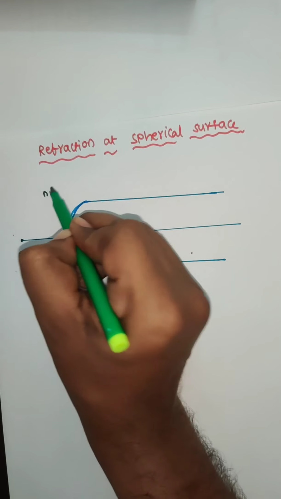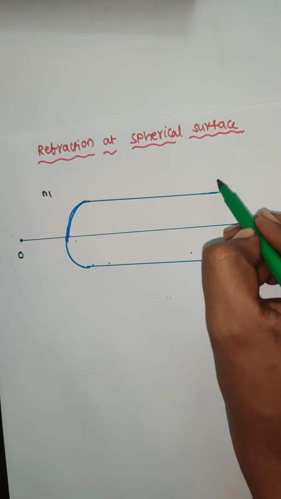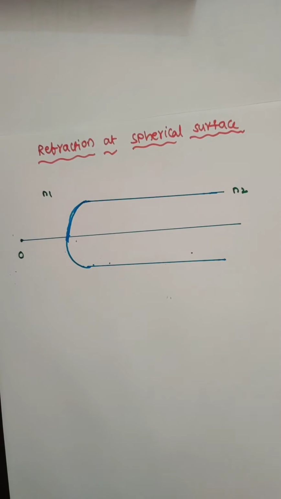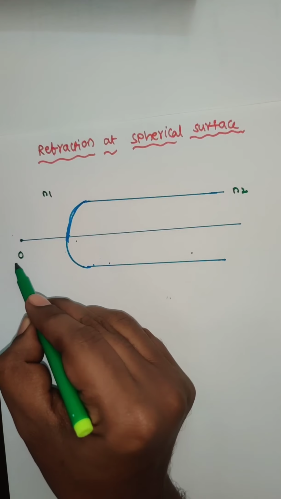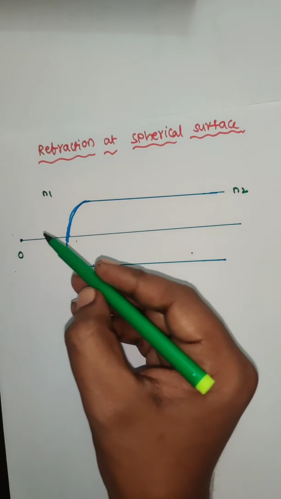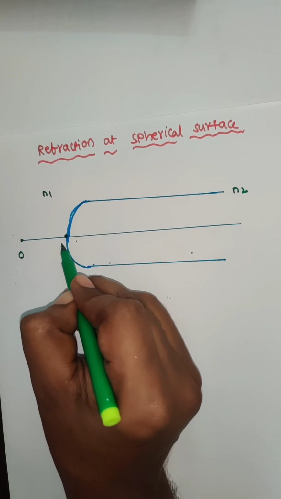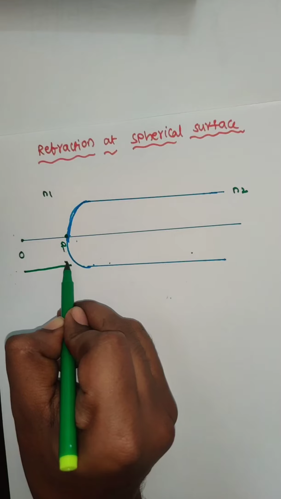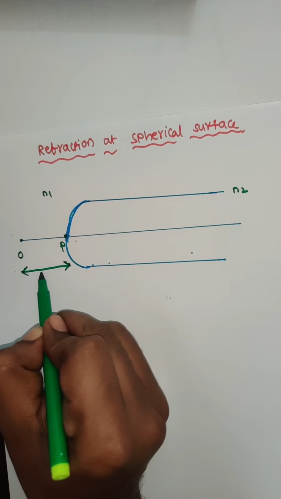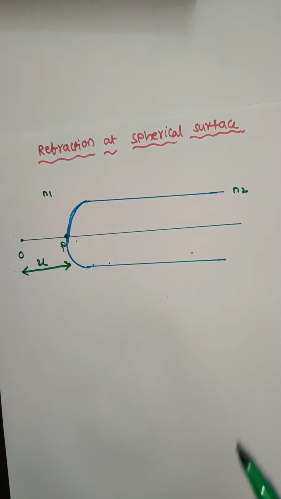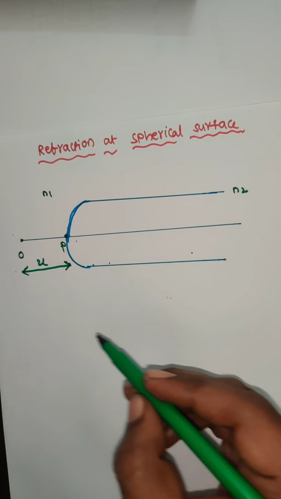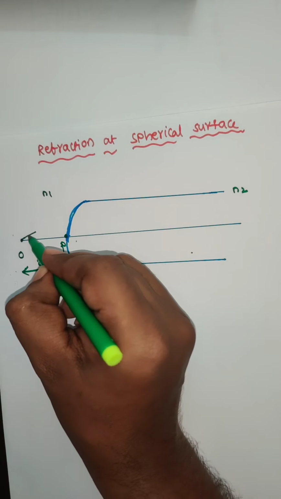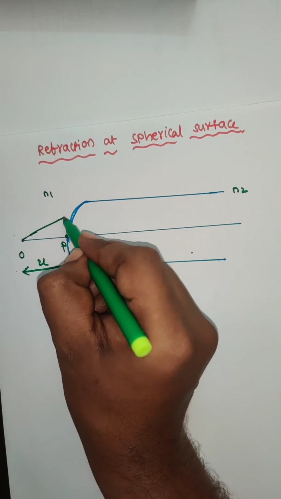This is the rarer medium, n1, you can take. Denser medium, n2, you can consider here. The object is placed in the rarer medium. This is the point P, the pole. The distance between the object and the pole, I am assuming, as u. So this is the object distance. The object is placed in a rarer medium and is incident